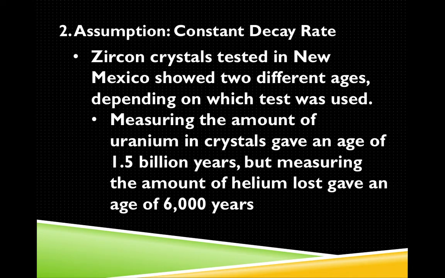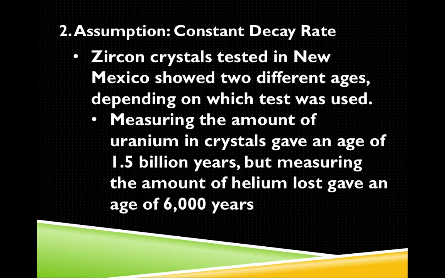So the first way they tested them was to measure the amount of uranium compared to the amount of daughter material, and that gave an age of 1.5 billion years. But if you remember, and this is why it was so important to talk about alpha decay, when alpha decay takes place,